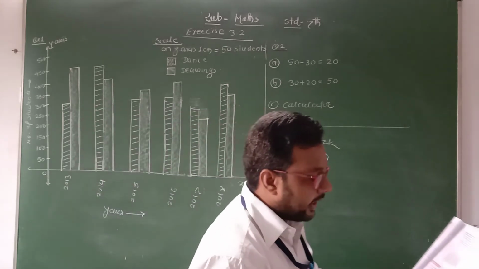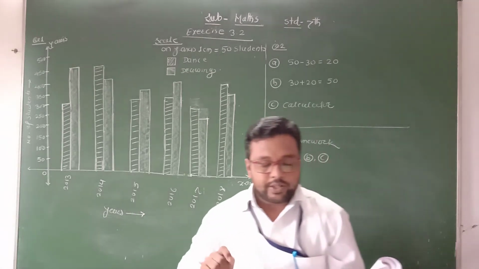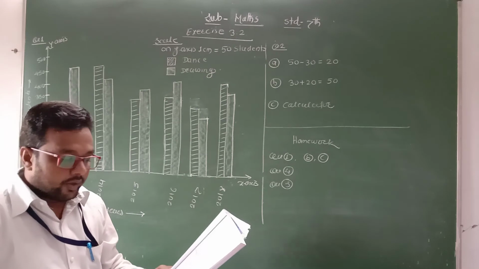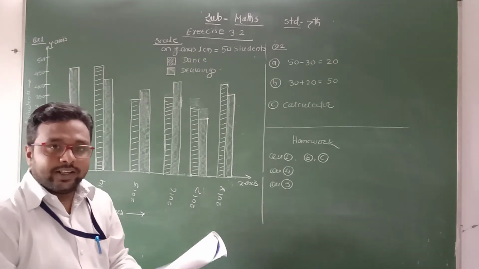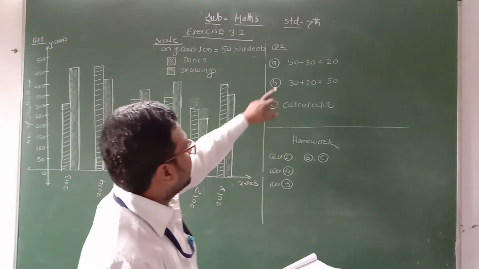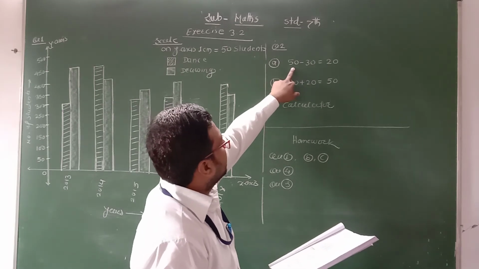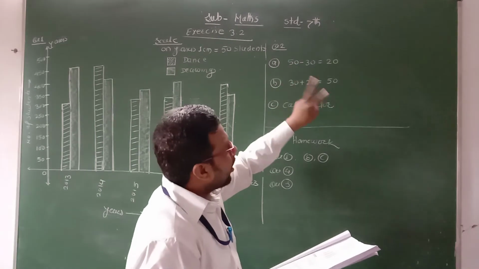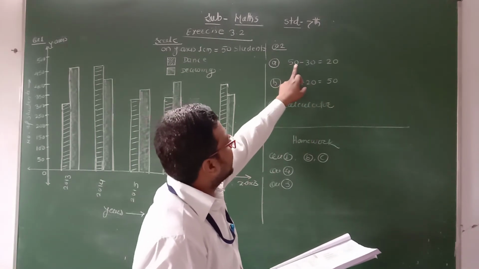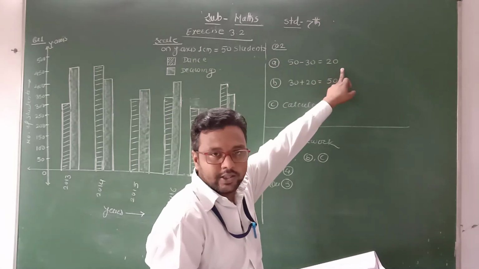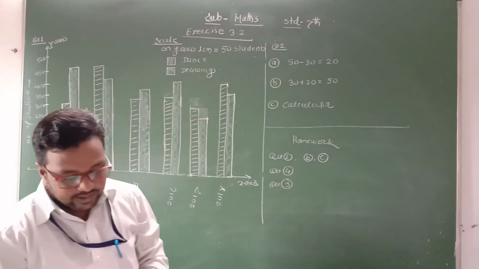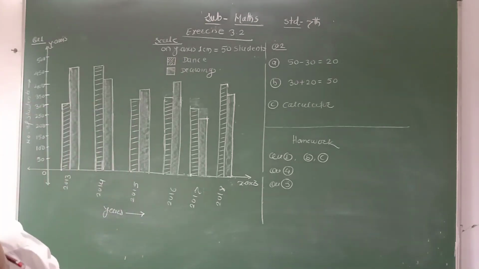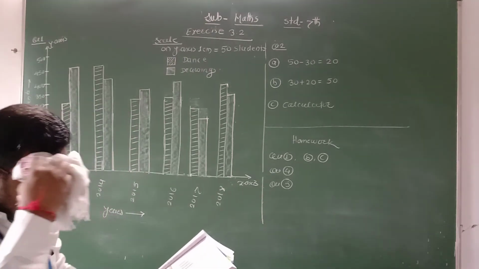Therefore, if you have to find out the drop in the sale of DVD player in the second week compared to the first week, then here we have to find out the difference between them. Okay. For the first week, sale of the DVD is 50, and for the second week, that is 30. Therefore, the drop in their sale is given by 50 minus 30. This is equal to 20. This is the answer. Then the second question is given: what is the total sales of laptop in a fortnight?